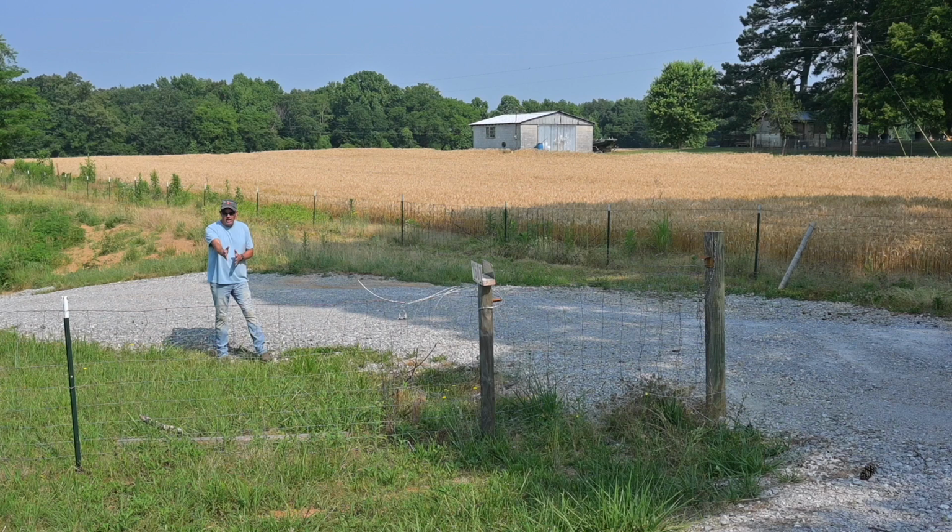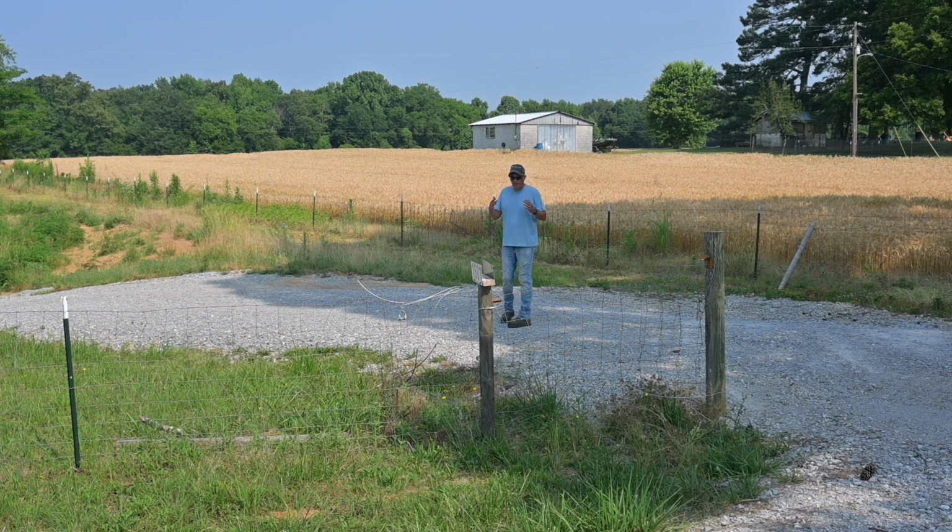and this is going to gain us about 15 feet of width to our driveway. Now, in order for us to get that part done, we're going to have to move the fence over. We're going to have to put a little bit of fill in here and then have all of that graveled. And our gravel guy is going to come and take care of all that for us a little